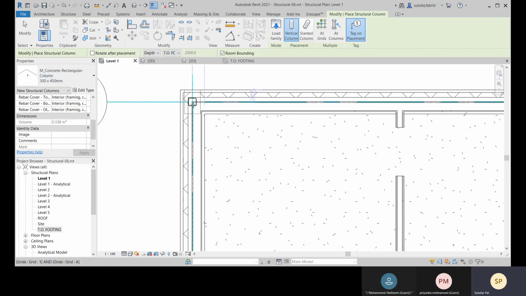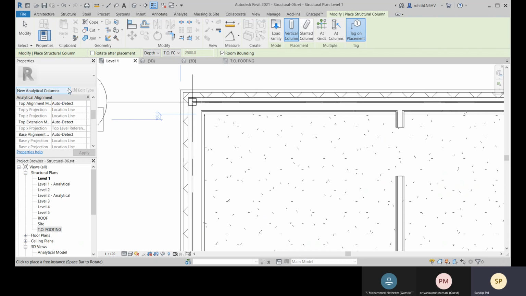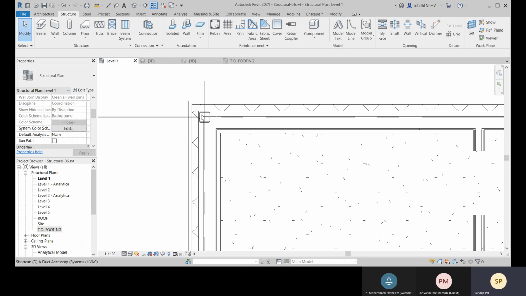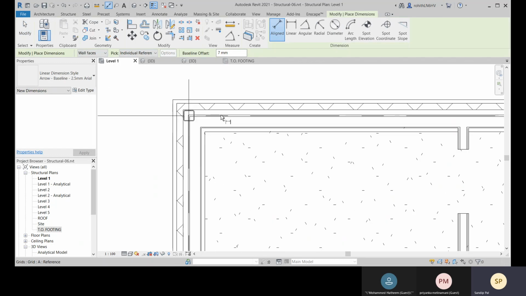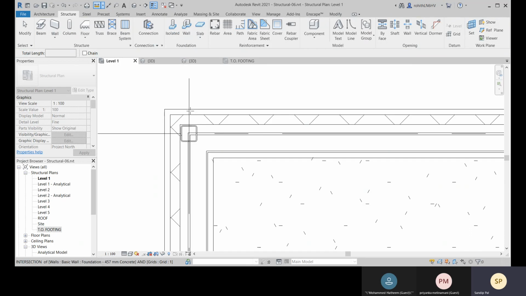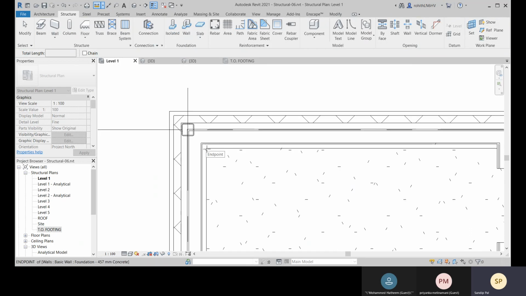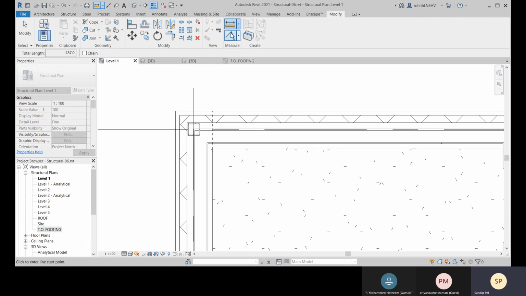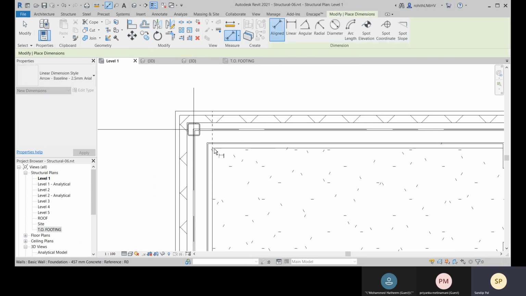So let me go for the distance, 0.457, that is 457, and let me check the line dimension.